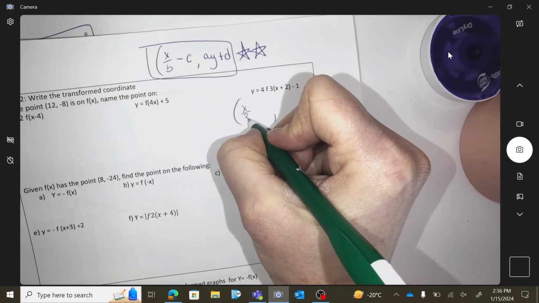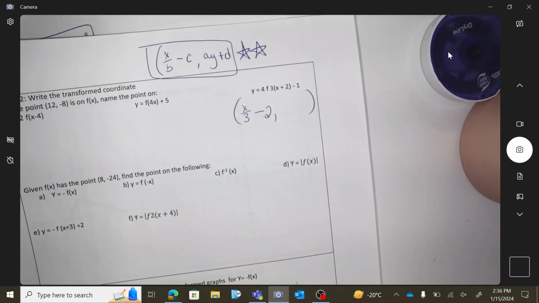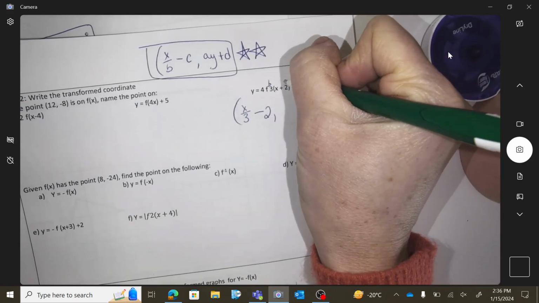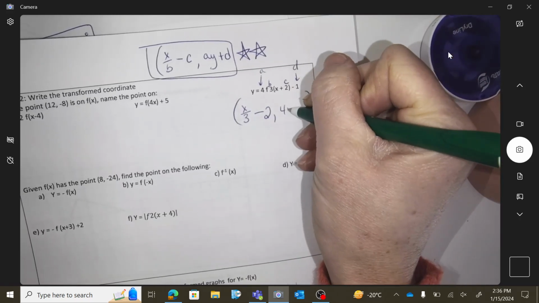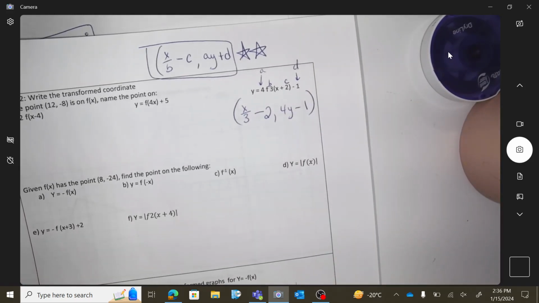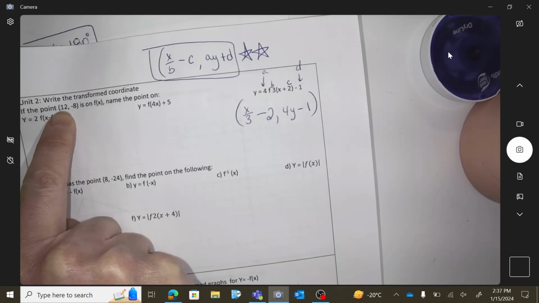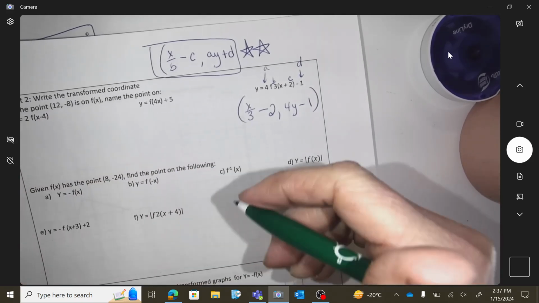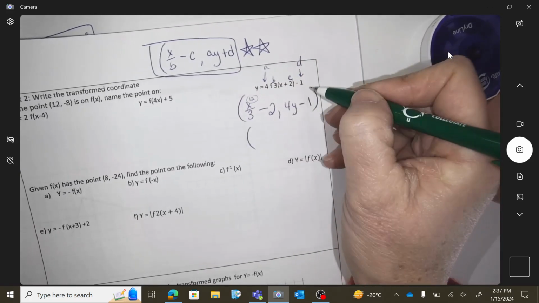So X divided by 3 minus 2, because that's the B, that's a C. Y minus 1. Okay, then what happens to the point? So if it starts with an x value of 12, what's the new x value? So if x is 12,